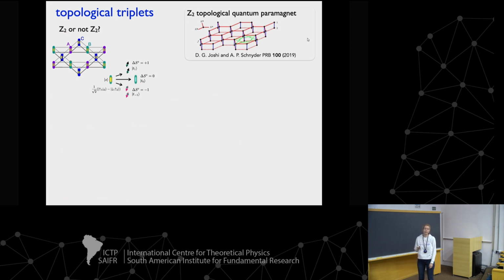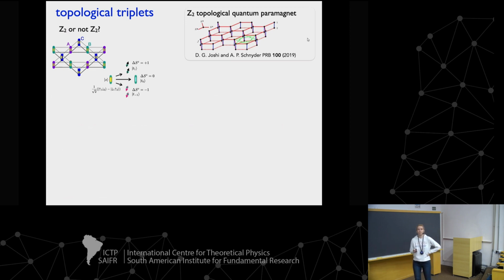All right, so much about the Chern bands, and let me also flash this work on the Z2 band topology realized by triplets. This idea came first from Andreas Schnyder, and we were also thinking about something similar at the same time. They worked on the honeycomb lattice, we decided to use the Kagome. It actually doesn't matter, it's a toy model.